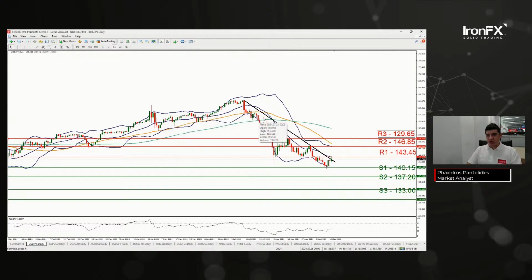But looking at the chart, we are seeing that the yen is strengthening against the US dollar. I would not be surprised to see the BOJ remaining on hold. They do want the yen strengthening, but not as much. So it does appear to be falling into what the bank would like to see.